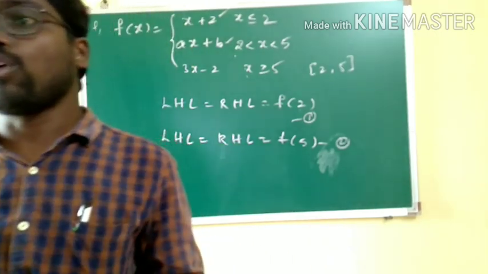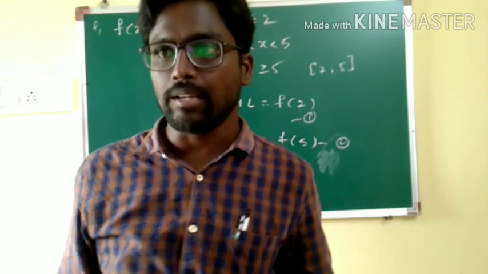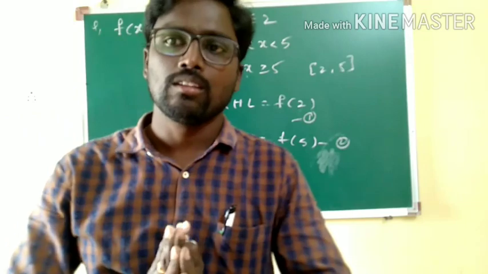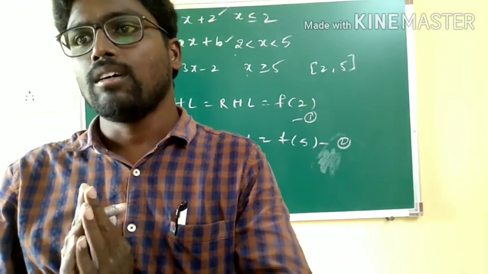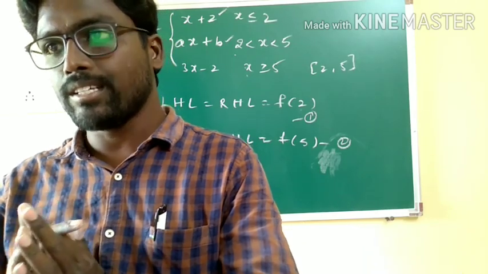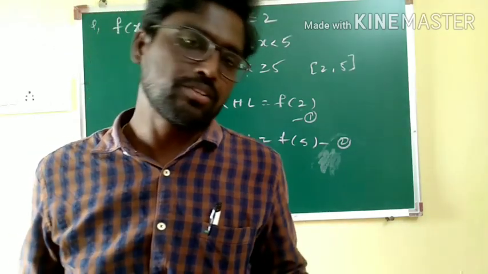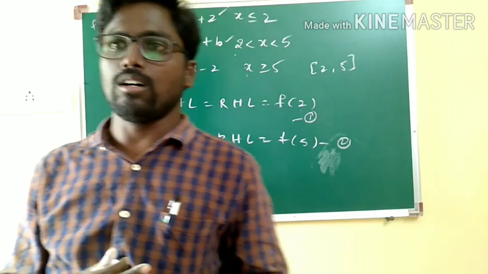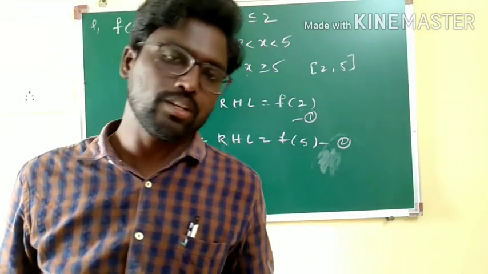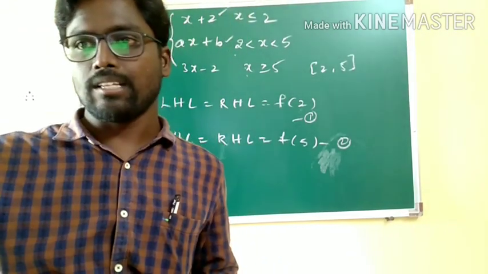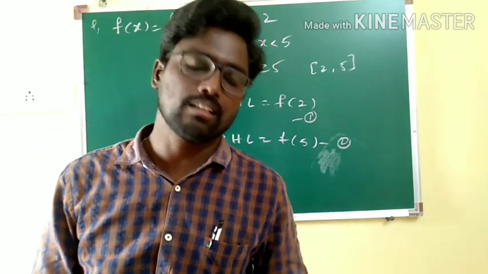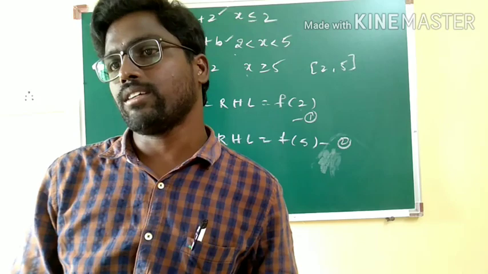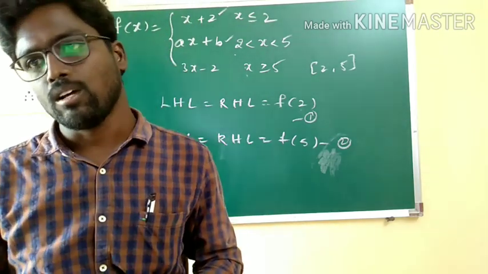The next problem is: for what value of k is the function defined by the same story. Again, the problem is going to be of the same type. Also write whether the function is continuous at x equal to 1 or not. At x equal to 0, it is already mentioned that it is continuous. So what will you do? You will take 0 minus and 0 plus limits and equate them to the function value, so that you will get the value of k. Here, according to the question, you will get the k value as 1 by 2.